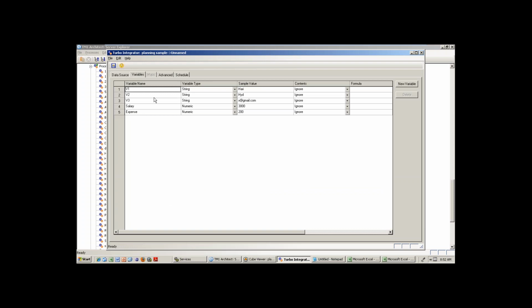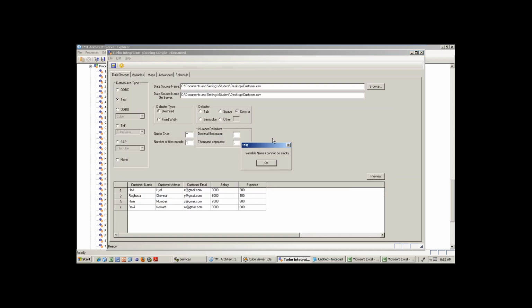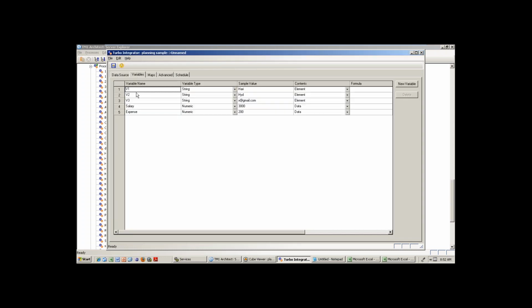You see now here, all are variables only. That means element. This is also an element. This is also an element. This is data. This is data. Okay, so here it is. What is the first value? Customer name, address, and customer name. Okay. Customer.